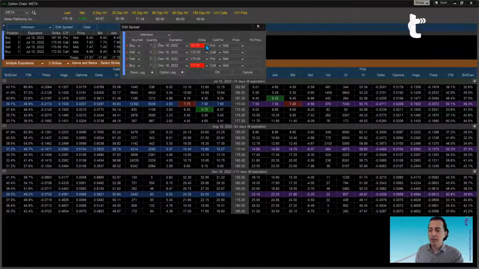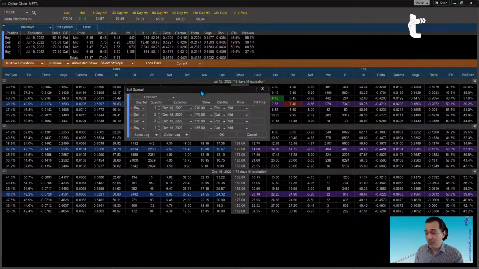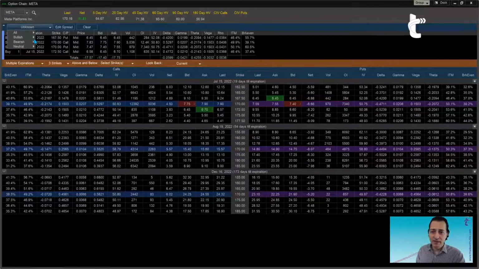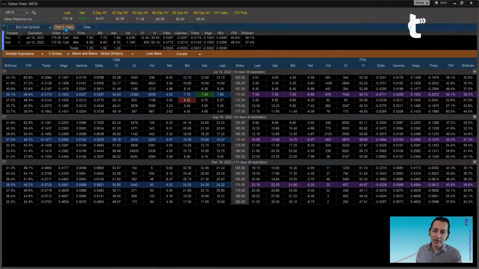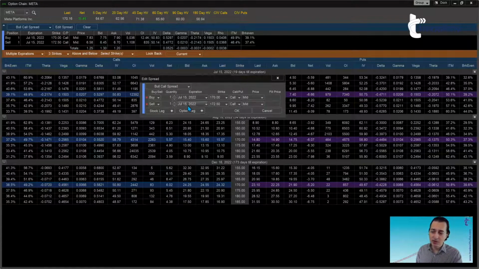Okay, so you would then be forced to use the strike drop-down menu to change to whatever strike you wanted. For example, 210, and for example, 185, whatever. I just made this up. So now, by the way, I just demonstrated the use of the drop-down menu for expiration date and for strikes. You saw how it works. It's very intuitive. Now, the one column you have also on the right is the call and the put, which again, when you start from building a specific strategy from here, like for example, you're building a bull call spread with 2 units in this case, and you click edit spread. So now we have 2 rows.